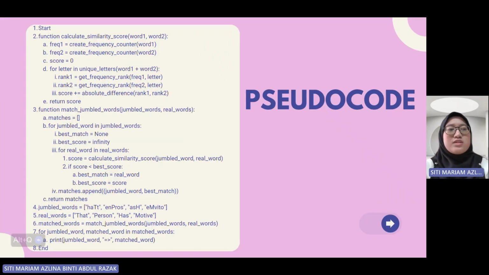This is the pseudocode for this approach. The calculate similarity score function takes two words, word 1 and word 2, and calculates the similarity score based on the frequency of letters in each word. It uses a frequency counter to count the occurrences of each letter in the words and then compares the ranks of the letters' frequencies. The score is calculated as the sum of the absolute differences between the ranks, and the